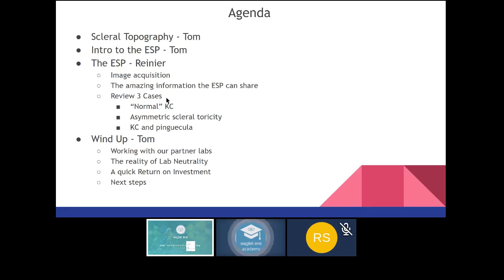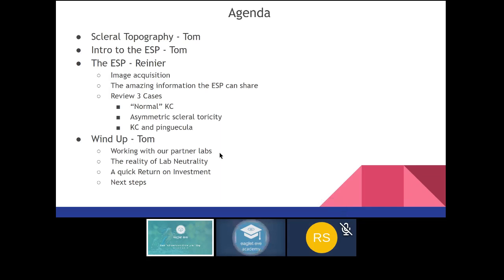We're going to review about 3 cases. We're going to start with the simplest, quote unquote, normal keratoconus, then move into asymmetrical scleral tortuosities, and then finish up with a pinguecula and show you how the ESP makes fitting these types of lenses so much more efficient. Then when Renier's finished up, I'll come back, I'll wind up,